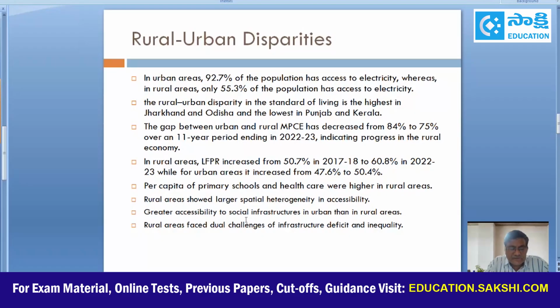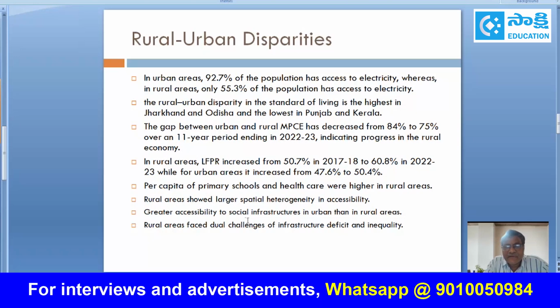Rural areas showed larger spatial heterogeneity in accessibility, and accessibility to social infrastructure is greater in urban areas. Social infrastructure means, as you are aware, for example, education facilities, health facilities, drinking water and housing facilities, and sanitation also. So the availability of social infrastructure facilities is more in urban areas as compared with